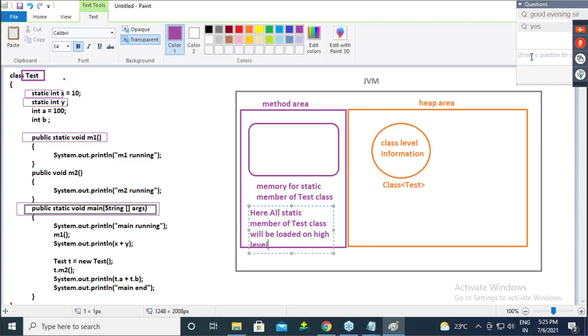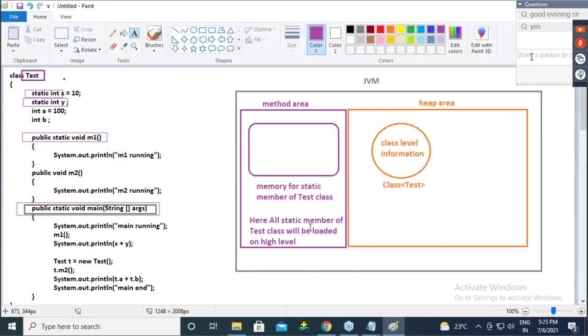Guys, always remember this, loaded on high level. What is the meaning of high level loading?